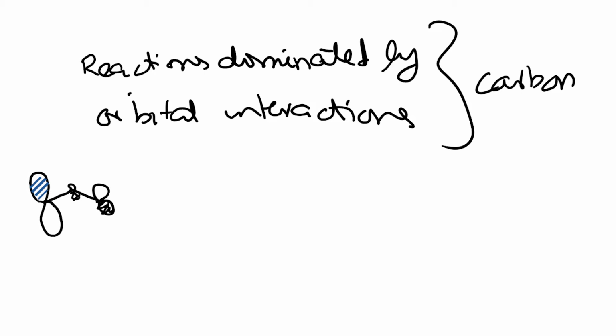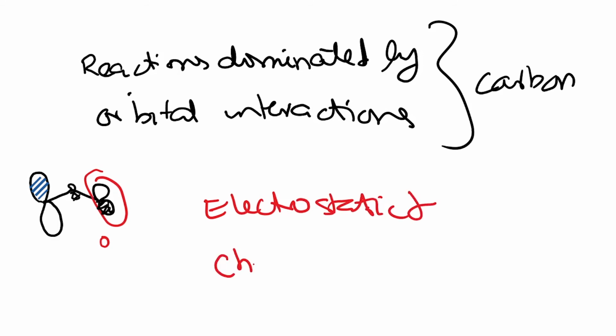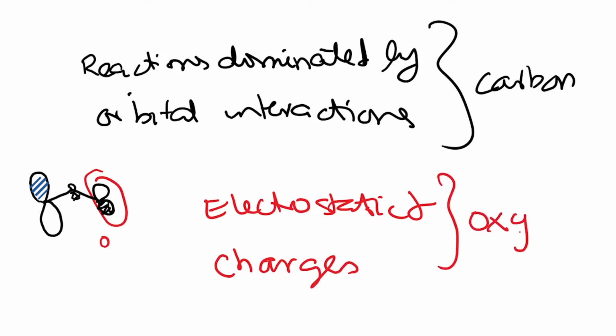And whereas if you see the oxygen, which is over here, the oxygen reacts when there is a reaction that is dominated by charges. Okay, so the O minus has a very significant charge, that is the oxygen, being the more electronegative atom, has a stronger charge component on it, and therefore the reactions which are dominated by charges and electrostatic interactions, electrostatic and charges, these are actually reacting at the oxygen.